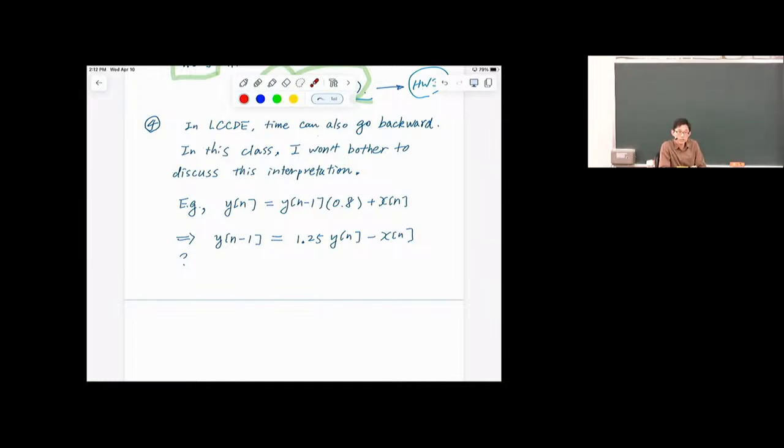In this semester, I emphasize the causal interpretation. So we always assume that we are going to use a difference equation in the causal way. Please avoid using the other, but when you do, a lot of funny things can happen. First of all, the impulse response. I'm not going to talk too much about this. For example, if you insist,